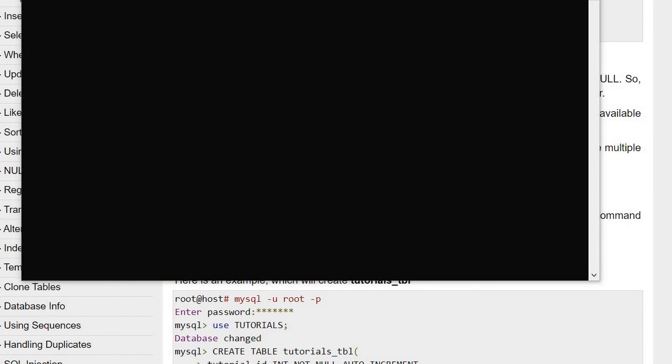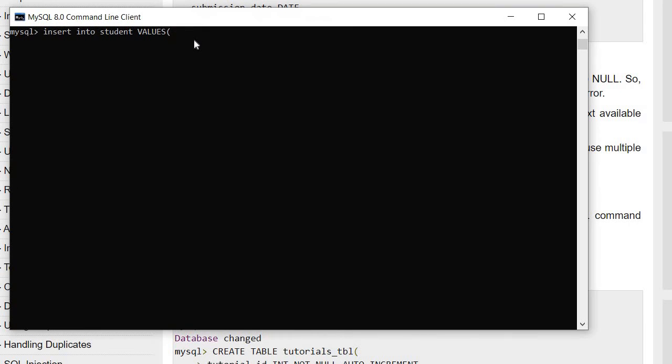Wait a minute, I just scroll it down. Then, because we mentioned the student name, I will write down here, let's write Mahi. Now after this I have to write down the class.